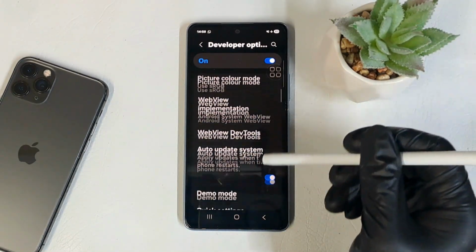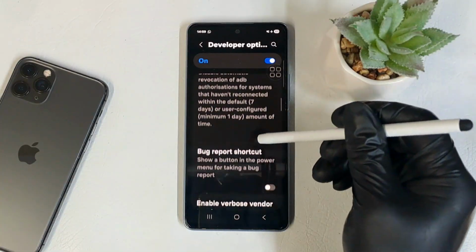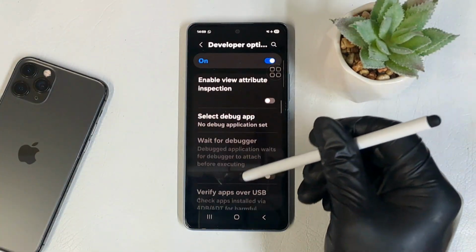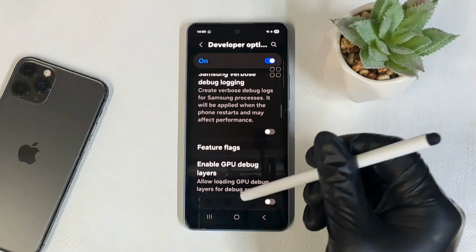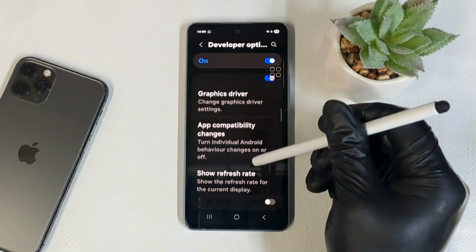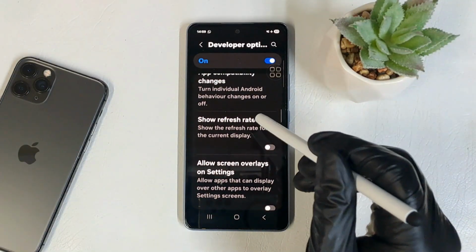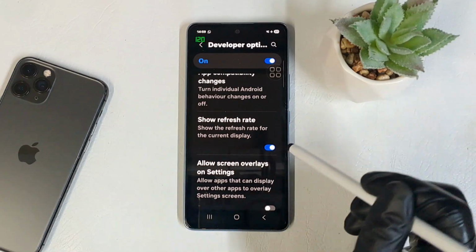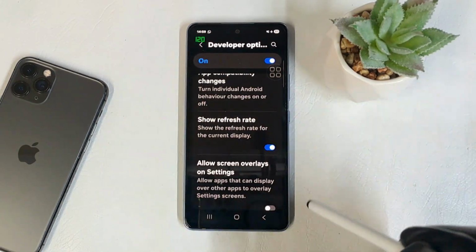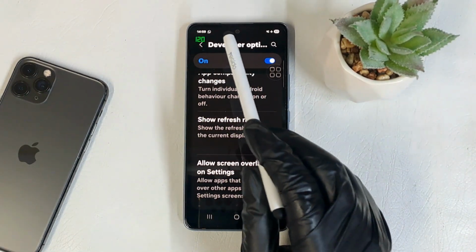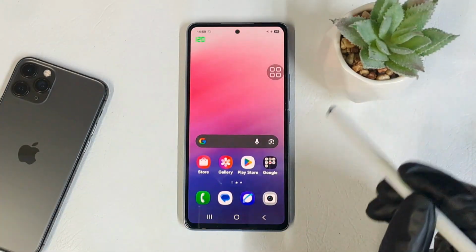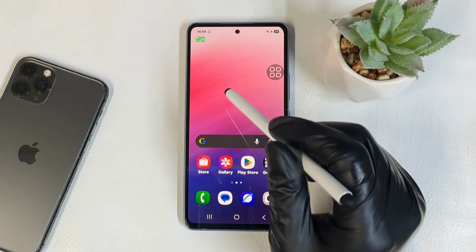So enable developer options and then come back to developer options. Here in developer options you will find many options, and we need to scroll down a little bit. Here we have show refresh rate. So here you can see 120 refresh rate is displaying onto the screen, and that's how you display the screen refresh rate on the